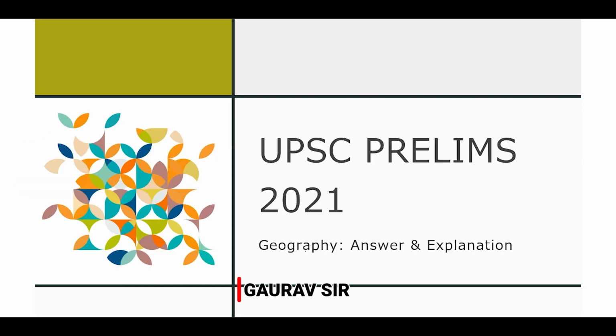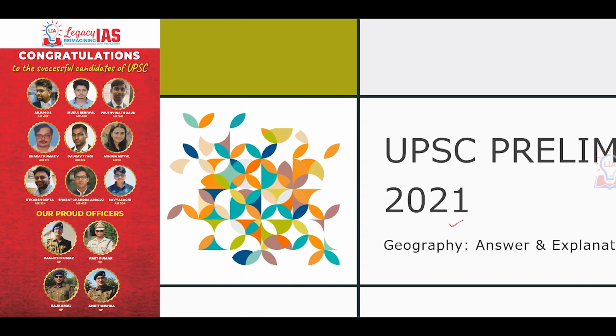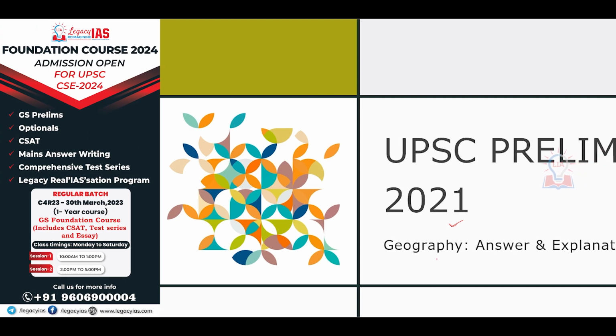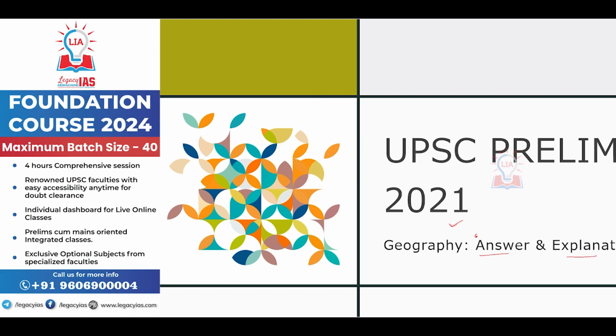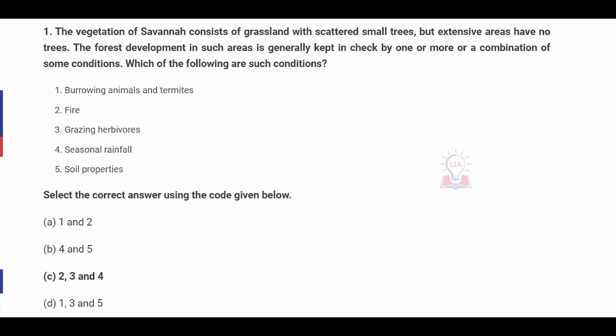In today's video, we are going to discuss the UPSC Prelims paper of the year 2021. And in this video, we are going to discuss in detail the geography questions that have been asked. We are going to discuss what was the correct option and what is the explanation behind each of the geography questions. So first of all, if you look at the first question,